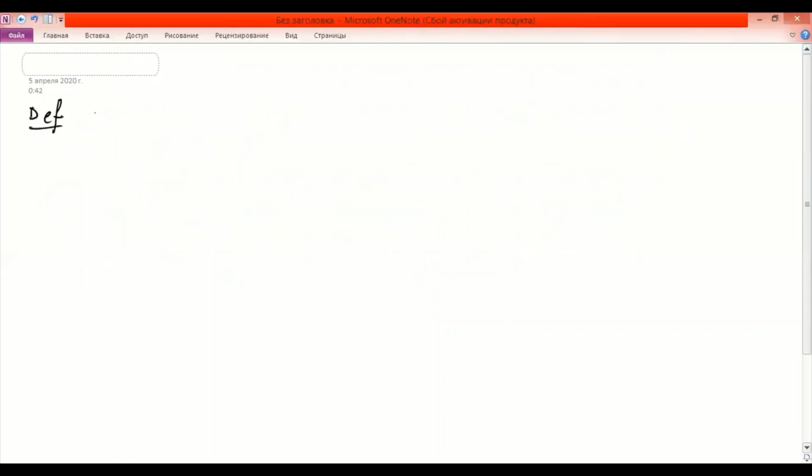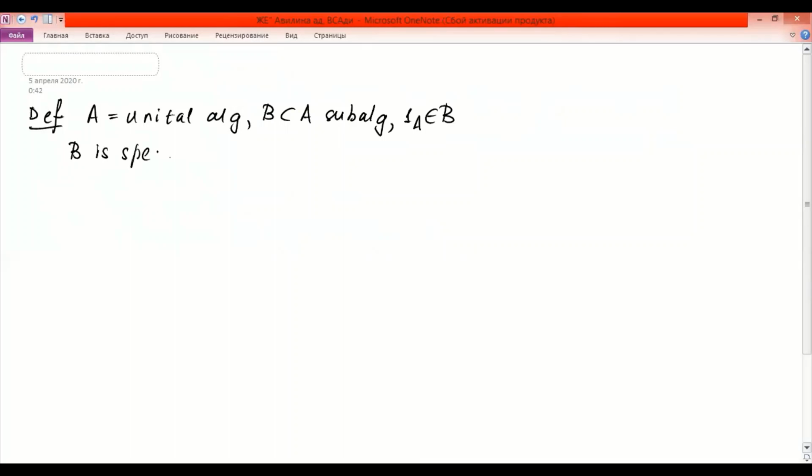Suppose that A is a unital algebra and suppose that B is a subalgebra of A which contains the identity of A. Then we say that B is spectrally invariant in A